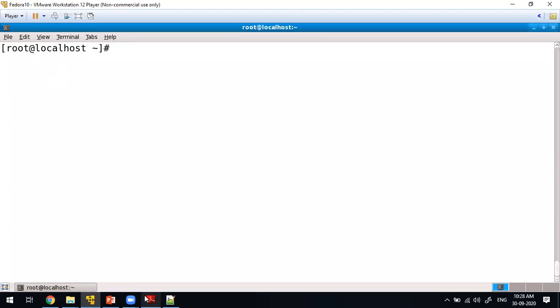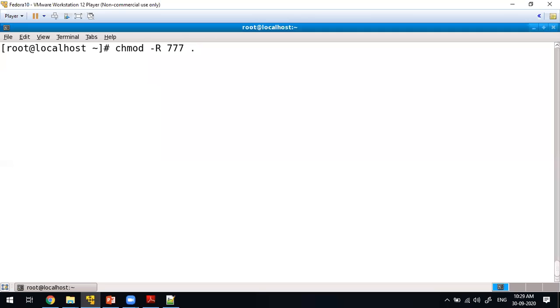The next thing is the recursive commands. The recursive option will not apply the rules to hidden files. If you want to apply it to hidden files, you have to write it like this: chmod -R 777 . (dot). If you write it like this, then it will apply to hidden files. For all the hidden files, it will give full permissions: read, write, execute.